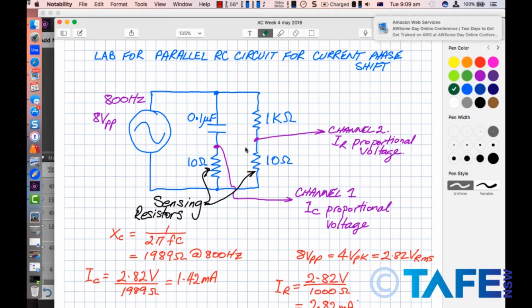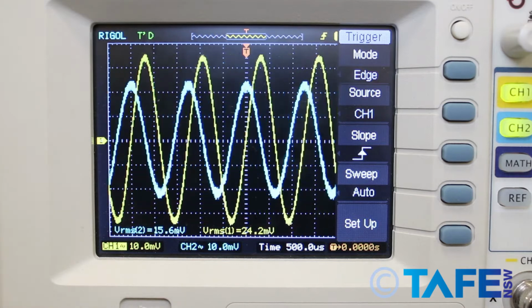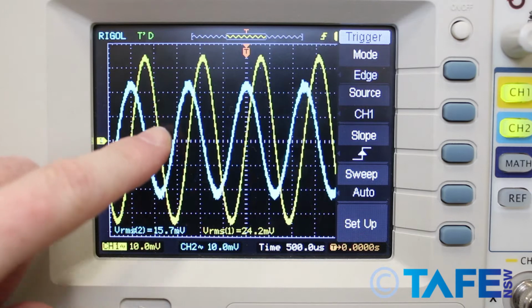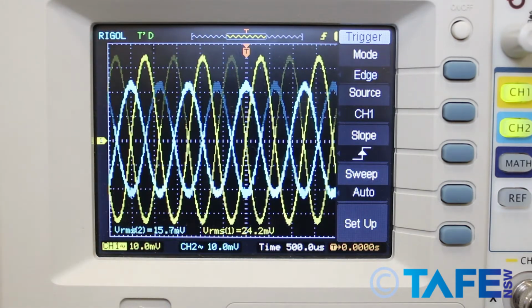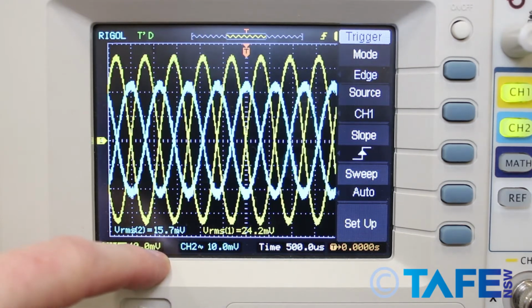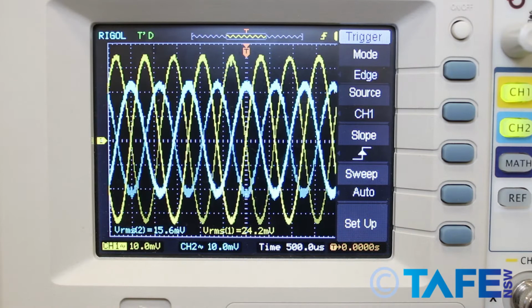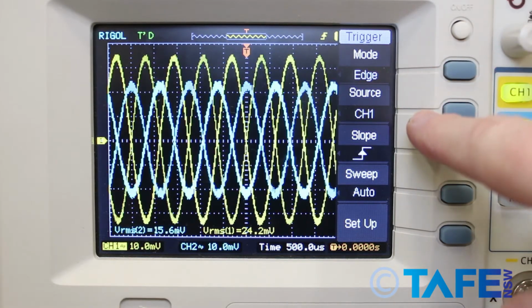Let's go on and have a look at the oscilloscope waveforms. When you're doing this laboratory with a parallel RC phase shift setup, you're probably going to encounter some weird geometry happening on the screen because of the triggering and because we're using such high sensitivity on the input channels of the oscilloscope. So where I've got the trigger set at the moment for edge triggered off channel 1 on the